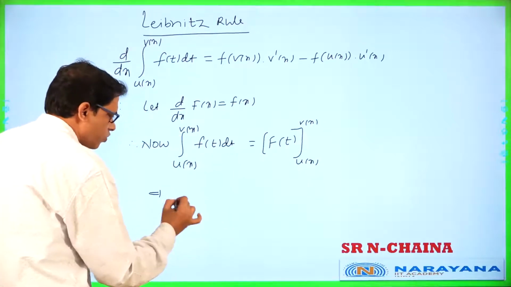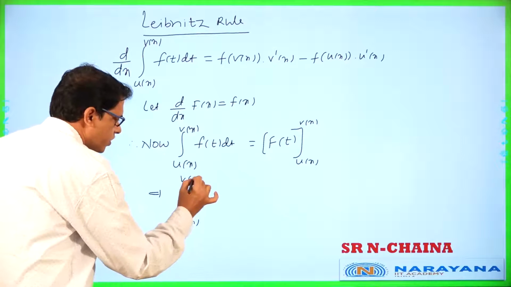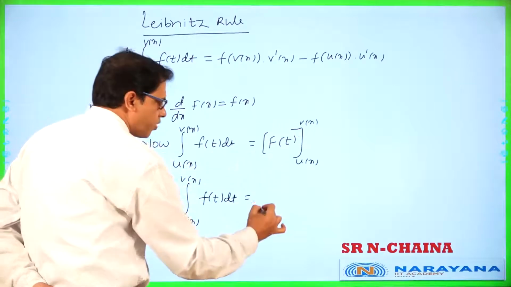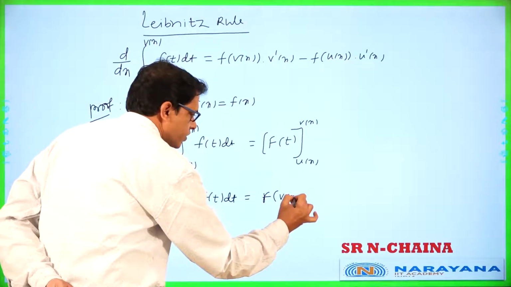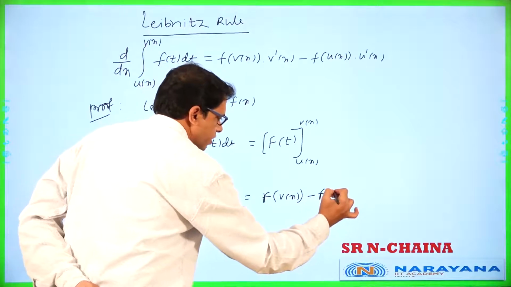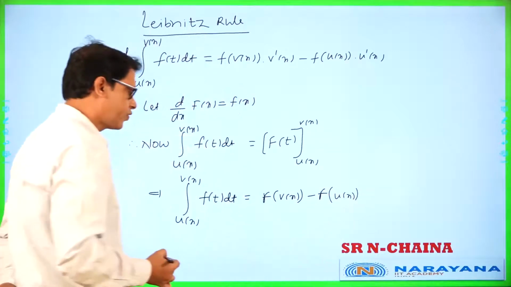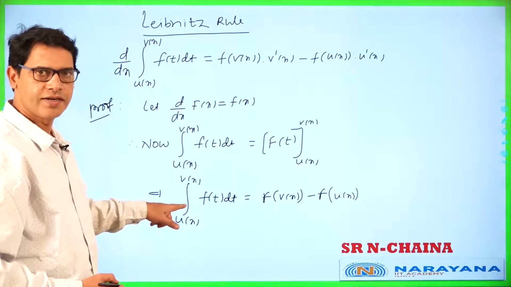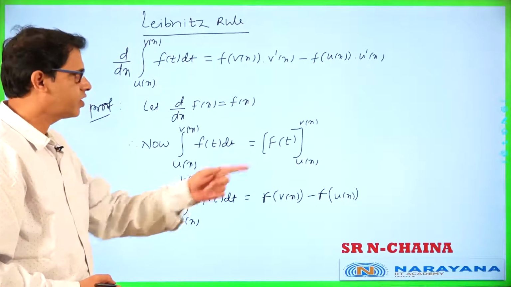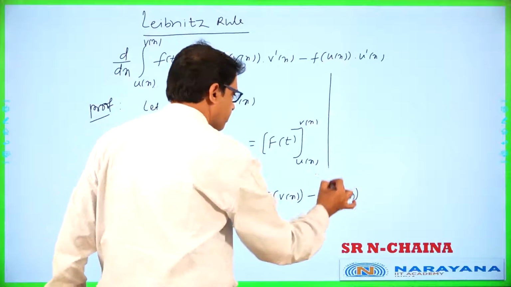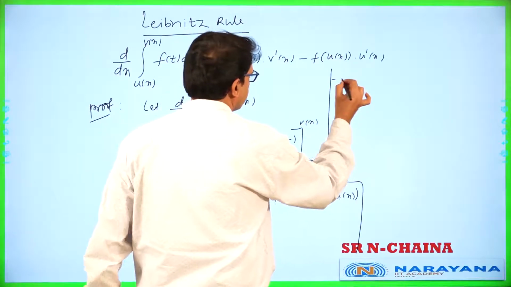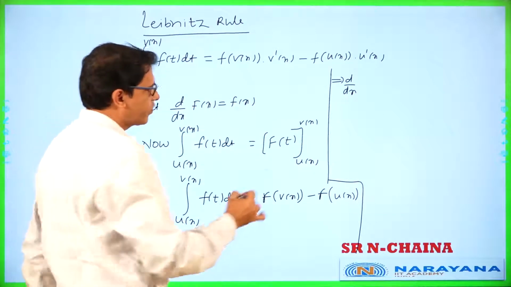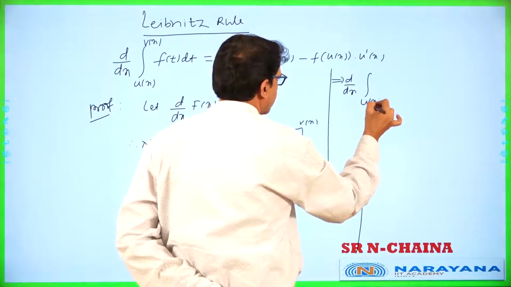That implies the integral over u of x to v of x, f of t dt, equals, applying the upper limit, capital F of v of x minus capital F of u of x, right? Now what is required? The derivative of this part is required, so differentiating on both sides, d by dx of the left hand side, the integral over u of x to v of x, f of t dt,